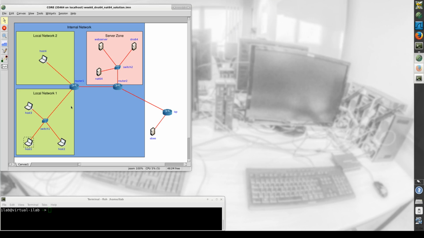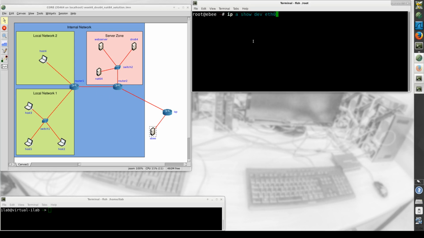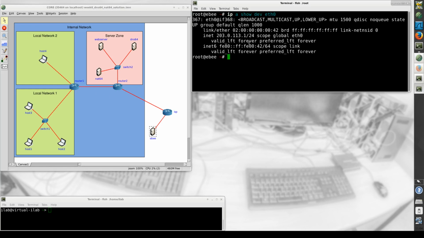On the right side, outside of our internal network, we have an IPv4 only web server called EB. We can check that too. While we see an IPv6 address and an IPv4 address, the IPv6 address is link local and not usable for communication over multiple routers. Therefore, as a web server, EB is IPv4 only.